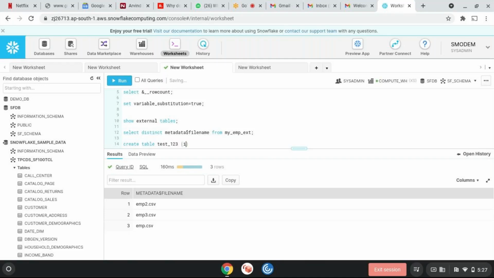I can have ID number, comma, date, date, date, and then variant. So you can create it like this, and then whenever you're trying to get the data from any other source